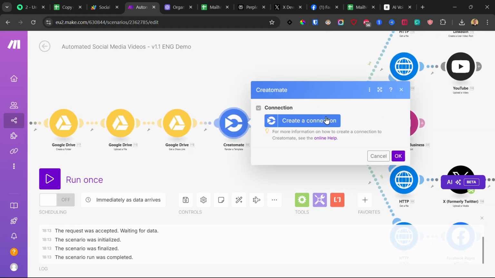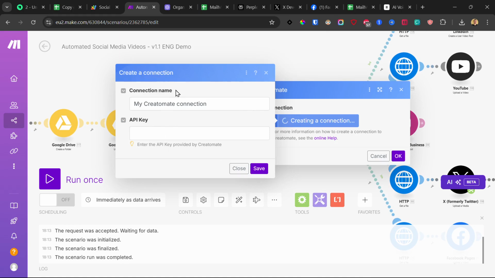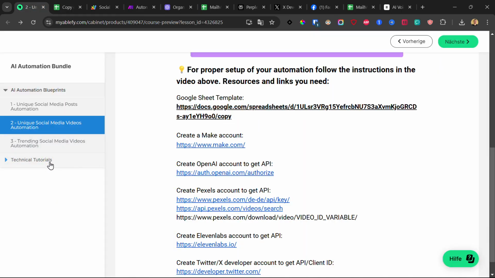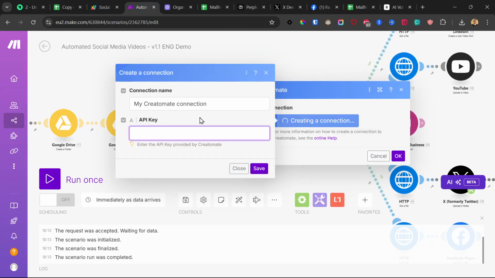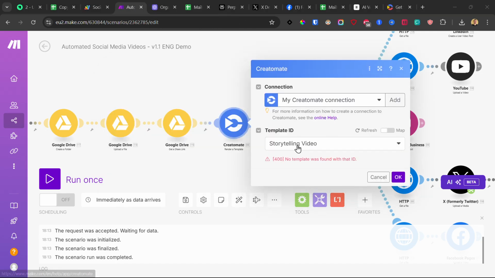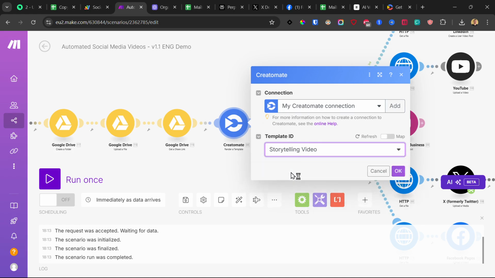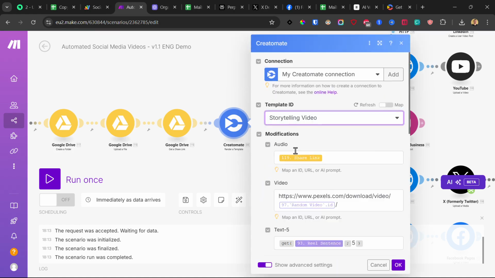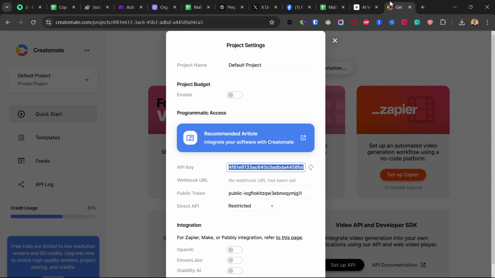Next comes Creatomate. Here you also need to set up your Creatomate account. To get your API key, again, go to the technical tutorials where I show you how to get your Creatomate API key, and then come back and insert it here and click Save. And then you need to select a template. And if you don't already have a template, you need to set one up